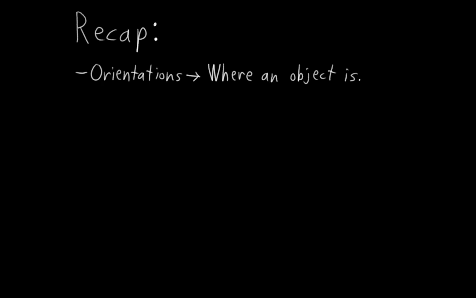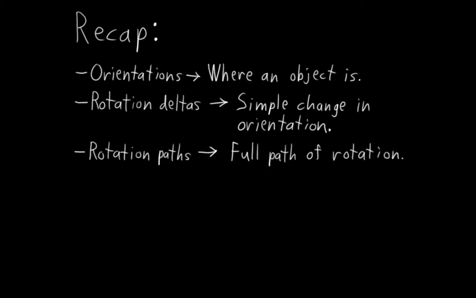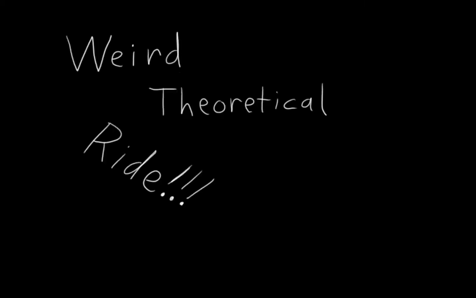So, to recap, orientations are where an object is. Rotation deltas are a simple difference or change in orientation, and rotation paths are a full recorded path of how an object rotated to where it is. So after this weird theoretical ride through the topic of rotations, you may be wondering, how on earth is this relevant to rigging? Well, one way that it's relevant is what I noted just a moment ago, which is that